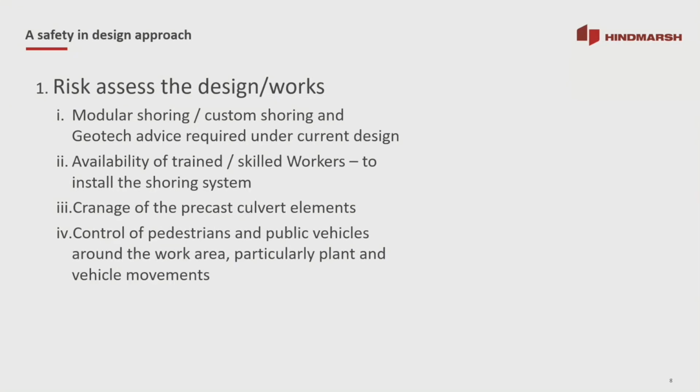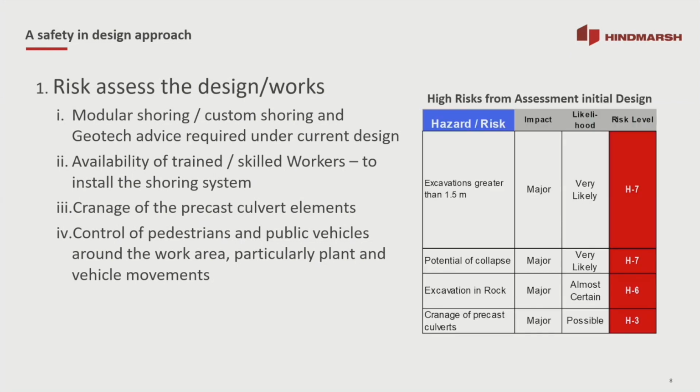Our approach to this piece of work was really to look at the design and the site, and we conducted some survey of existing services and the like, and we had a geotech engineer provide advice regarding the current design. In line with Hindmarsh's management systems that Glenn described, which have been updated over recent years, we conducted a complete risk assessment of the installation. What we identified were high risks that needed to be dealt with as part of the installation. Just a summary of those risks: the excavation at approximately 3.4 metres deep